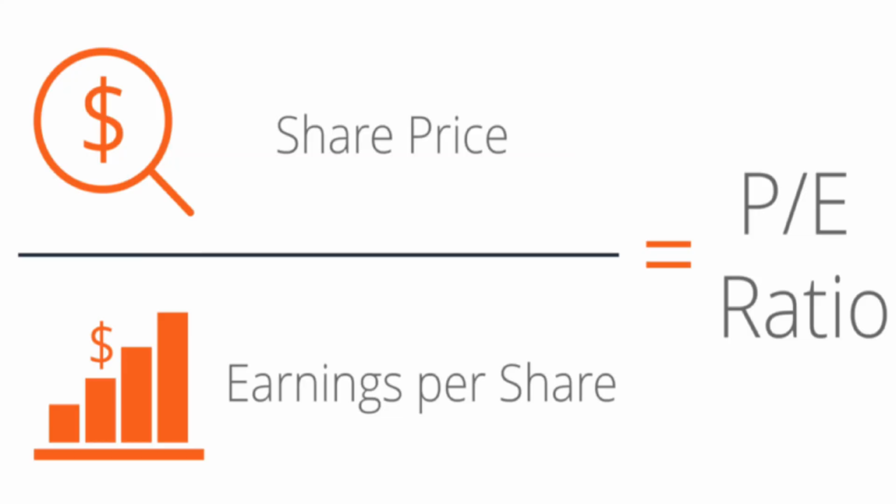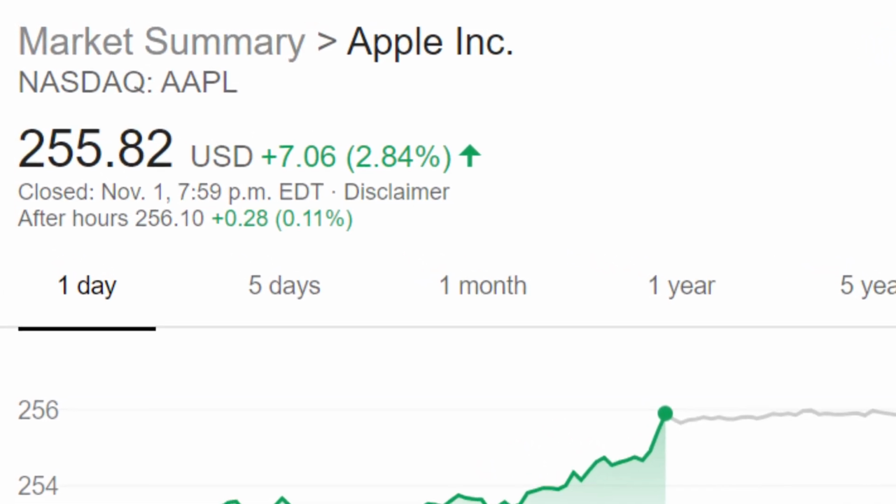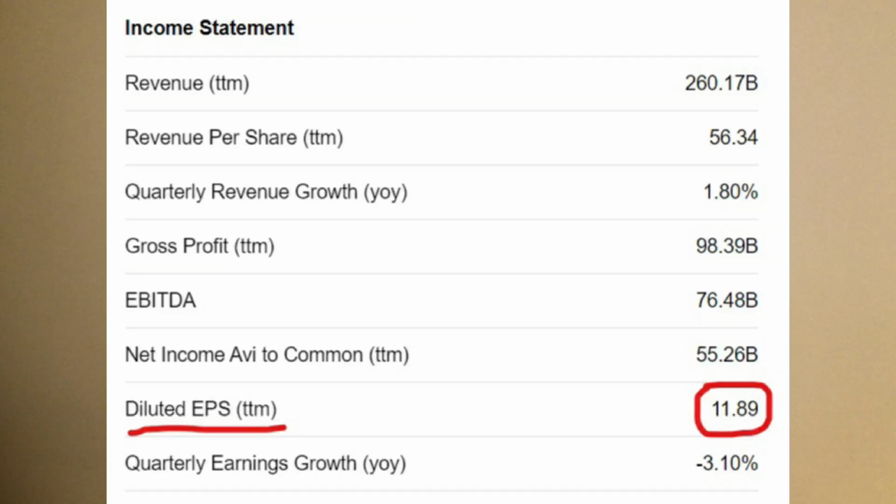Now, the PE ratio can be calculated by dividing the company's share price by their total annual earnings per share over the past year. So as an example, let's consider Apple stock. Currently, at the time of making this video, their share price is $255 per share, while their earnings per share over the past year have been $11.89. And by dividing these two numbers into each other, we can find that Apple's current PE ratio is 21.4,